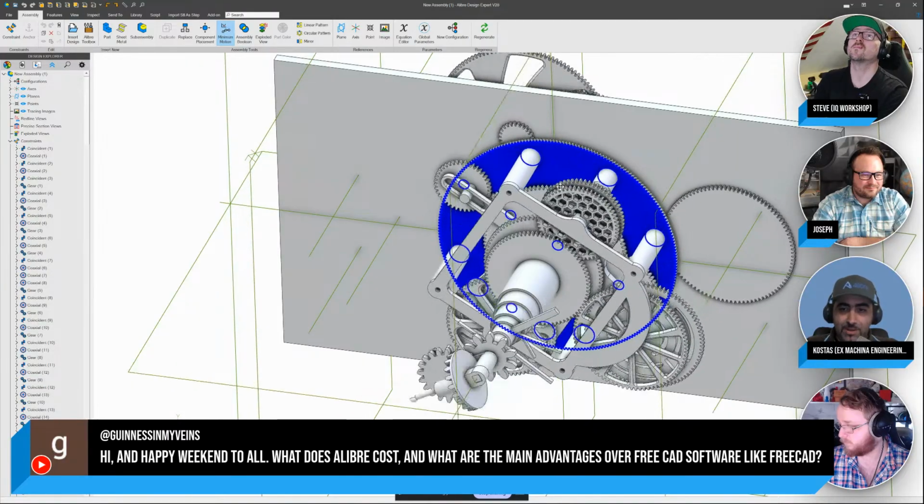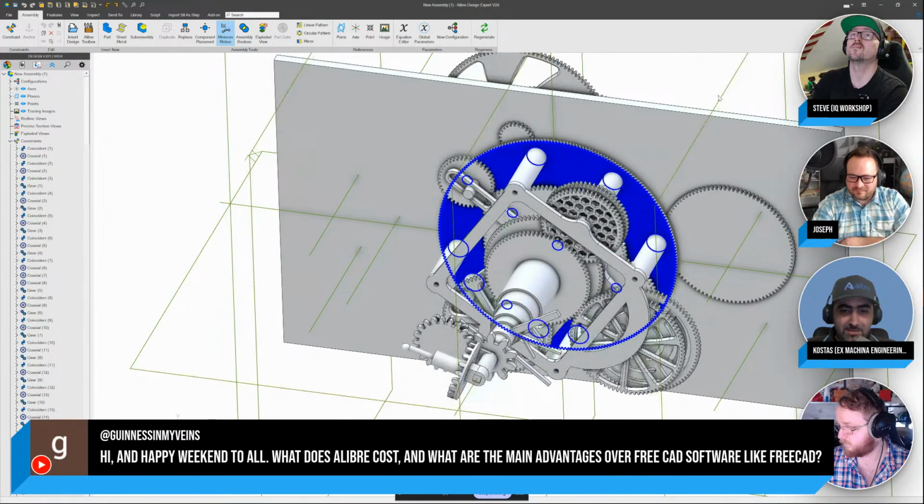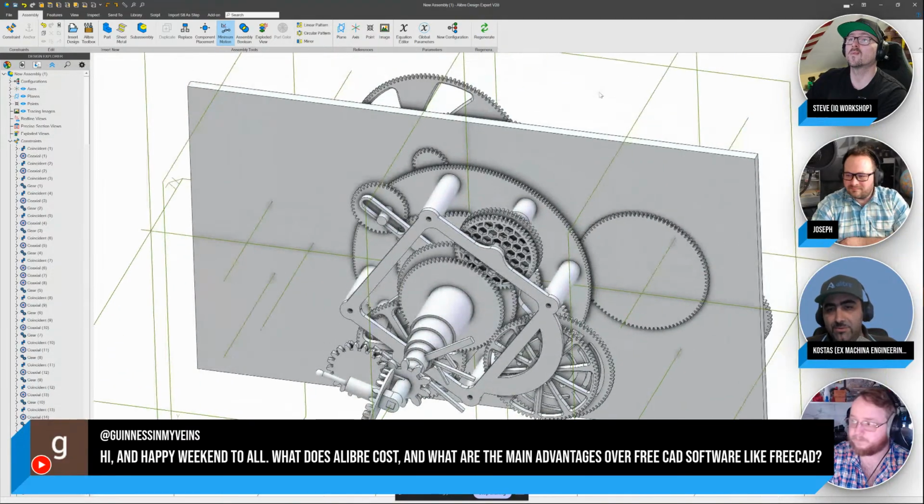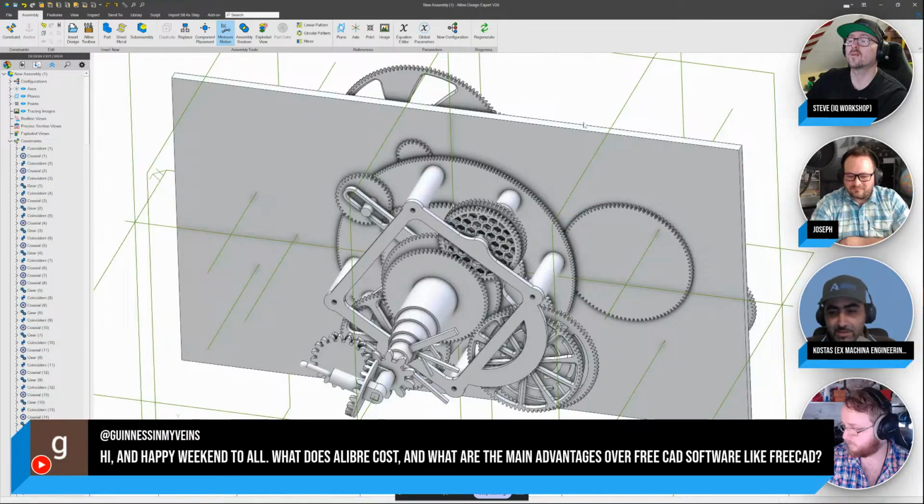Okay, I say 90% of the tools, but that's not even true, right? It's probably got all of the tools of Standard. It's missing a few tools from Professional. Now that we're getting weldments in Alibre as well,